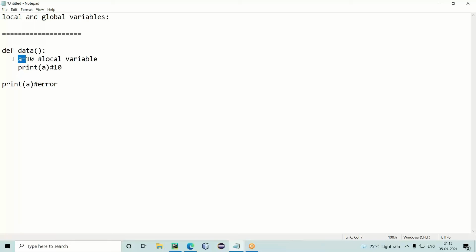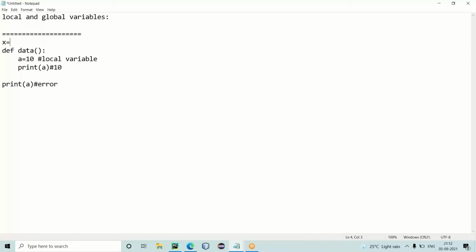See, a variable that has got created inside a block is called a local variable. It is available or accessible or visible only in the same block in which it is created. I have created A inside the data block. So this A is recognized only in this block. So A is Harika, data is like company. I am known only in my company. This A is recognized only in this data block. Outside the block, if you ask for A, it is not recognized.